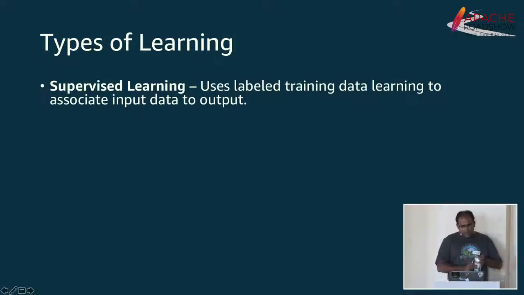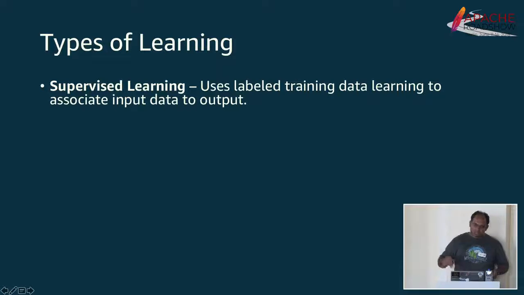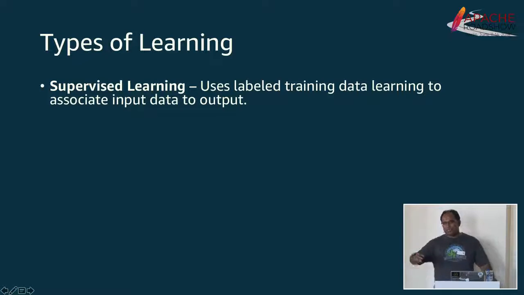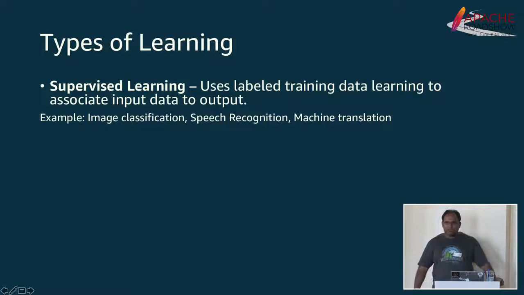Let's take a look at the types of learning in play today in deep learning. The first one is supervised learning, which is where a lot of advances have been made. This is telling the system what semantic content is present in your data, and it has to match that and learn the weights to actually match the output. An example is if you feed an image of a dog for image classification, you tell the system, hey, the output I'm expecting here is a dog. This is used in speech recognition, machine translation, and like I said, image classification.